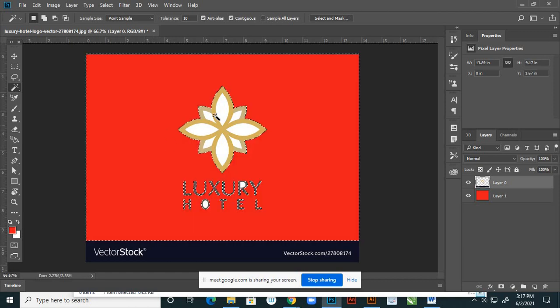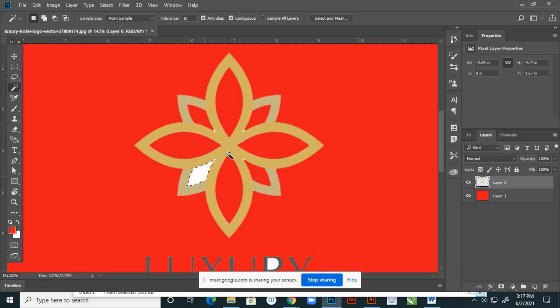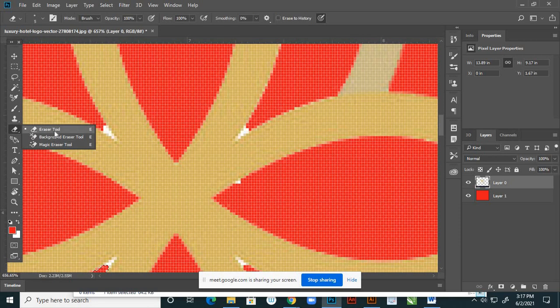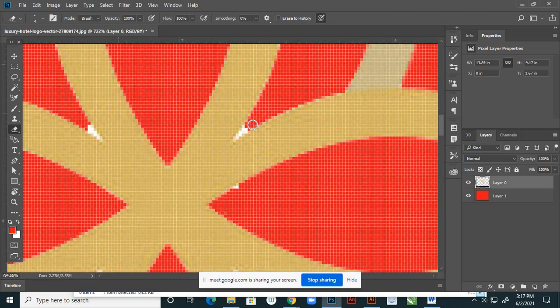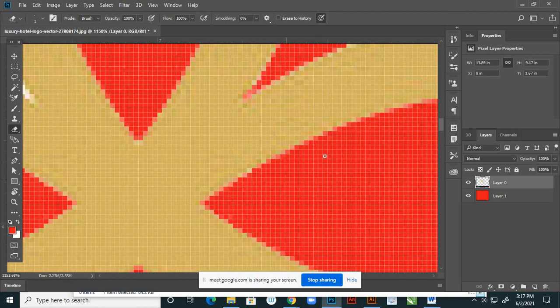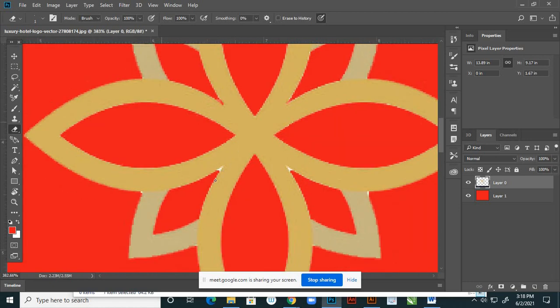So delete nicely. This one I'm using the eraser tool, make it smaller. Yeah, this portion, right. Perfect.